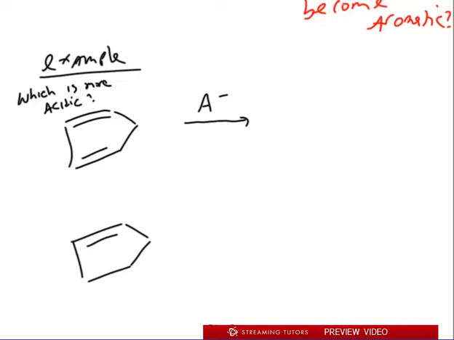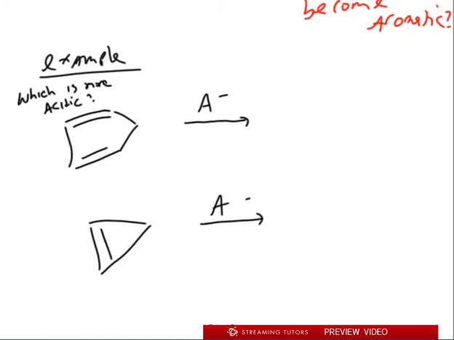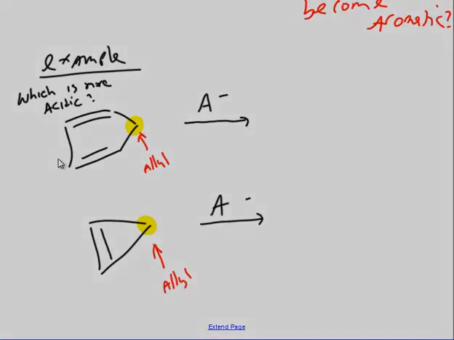Actually, let me show you a better example because we're going to do a problem just like this one. So let's say I have a 3-membered ring and then I ask you the same question. So now out of these two, if I was to lose a proton, I hope you recognize here's the allyl position, right? Last semester we learned all about that location. That is the carbon that is not double bonded and it's next to double bonds. So it's sp3 next to a double bond. That is an acidic location because of resonance, right? So if I was to pull an H, it would